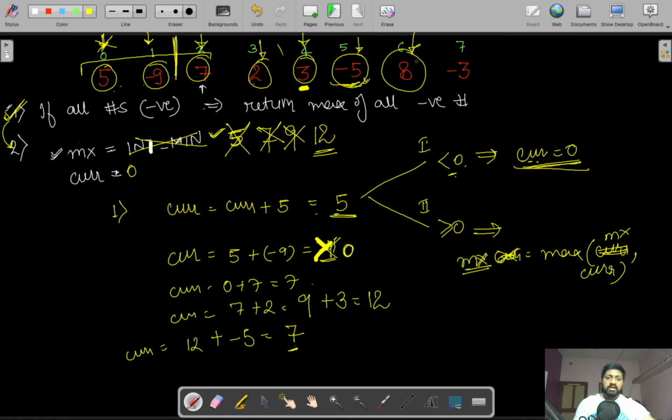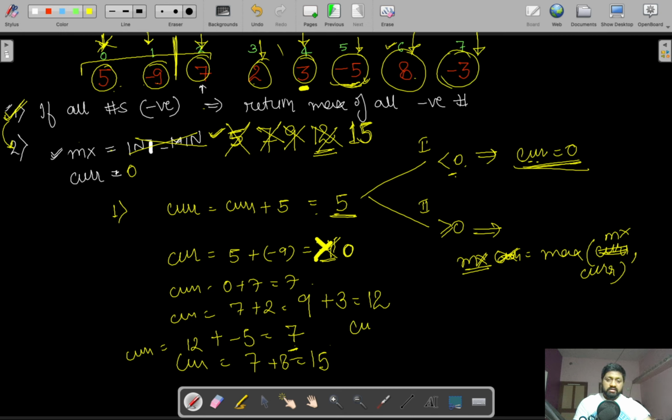After that, we increment i to the next location, that is 6, which contains the value 8. So our current will now change to 7 plus 8, that is 15. We check the maximum of 12 or 15. The maximum is 15, so we update max with 15. After that, we increment i to the next location, that is -3.